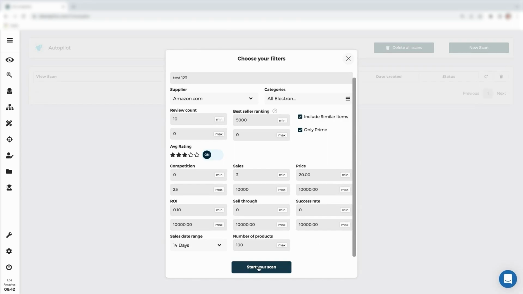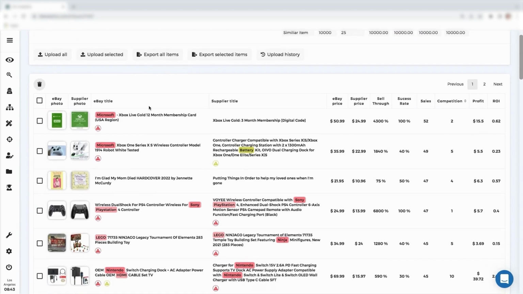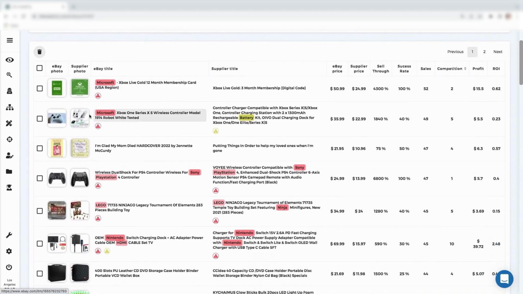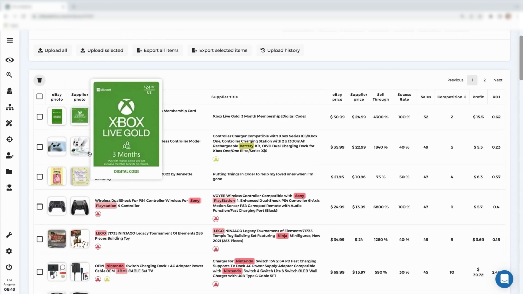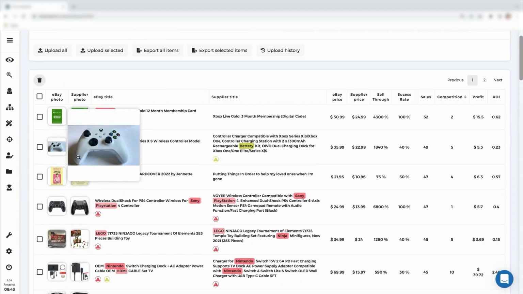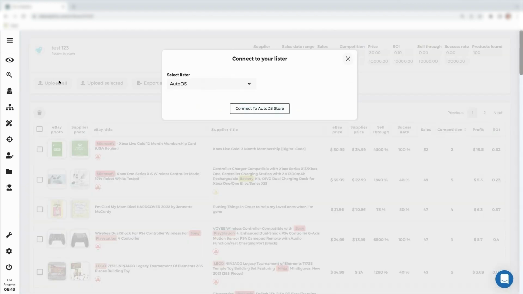So let's move on to start the scan. So now the data from eBay and the supplier we selected are being cross-matched right now. And in just a few seconds, the scan is completed. So now you have this amazing list of products, and here you can see the eBay image, the supplier image, as well as the different titles used, the prices. This also calculates the potential profit that could be made. From here, you decide what products you would like to list or select upload all and connect to your AutoDS